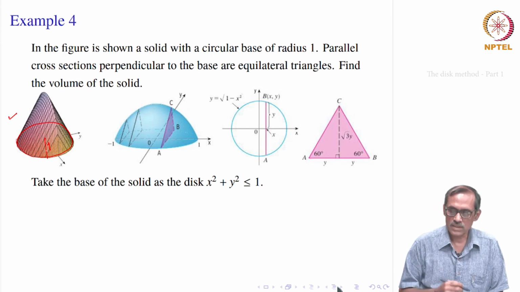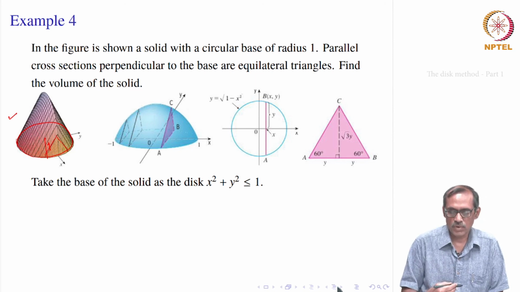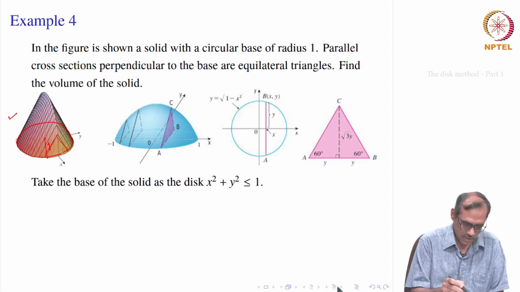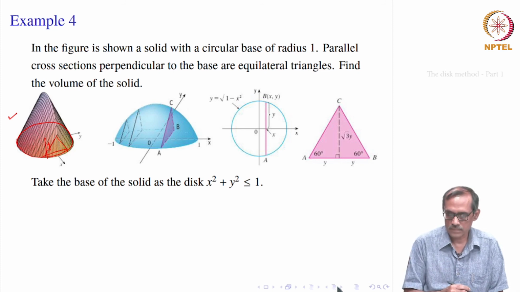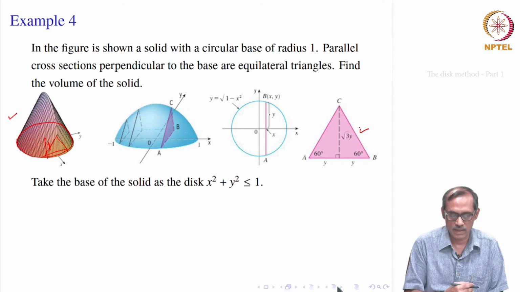Okay. In such a way that parallel cross sections, so these are the cross sections here, these cross sections perpendicular to the base are equilateral triangles. That means if you take the cross section, it will not touch the circumference of the circle, it will go like this. So, that becomes an equilateral triangle. The triangle will be looking like this, where it is pink, it is an equilateral triangle. At every point you take the cross section parallel to that, then you get an equilateral triangle.